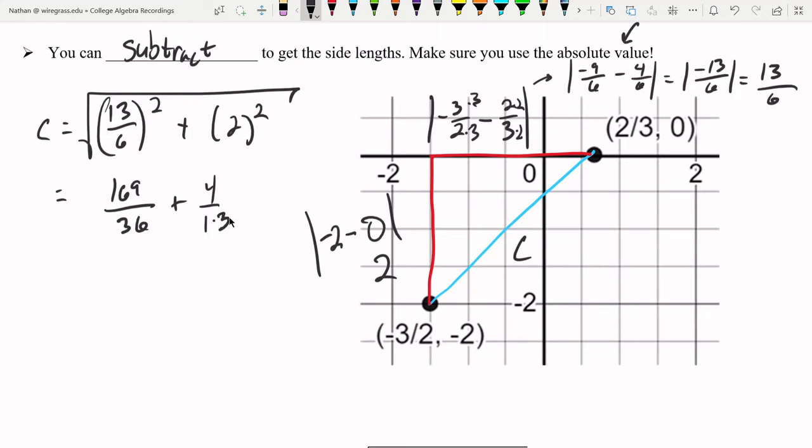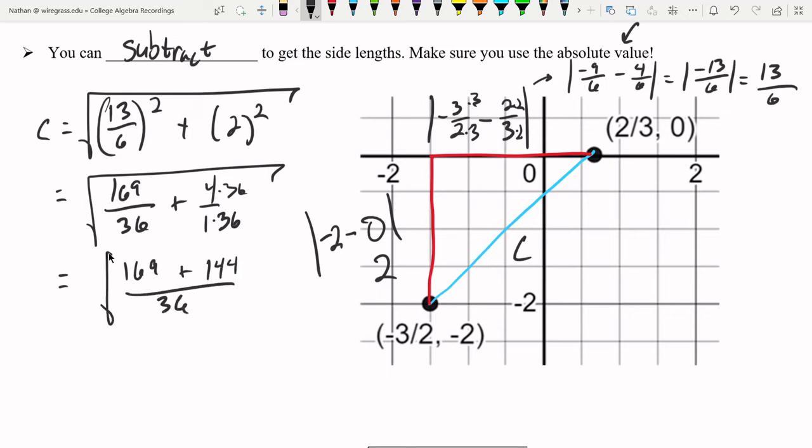So we'll get common denominators. So give us 169 plus, I believe, 144 over 36. Okay. Let's see, 169 plus 144 is 313